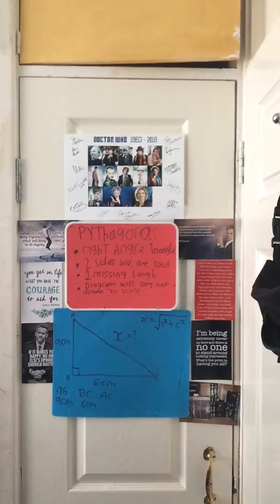Right, so we have the square root of AB squared plus BC squared, okay? And I'm going to be using my calculator here. So here we go. So we do the square root of that, square root of 9 squared plus